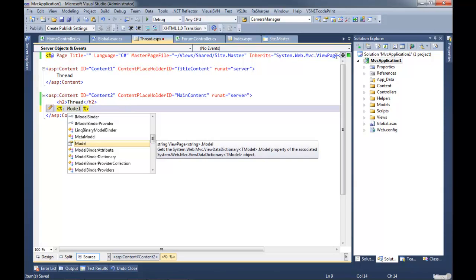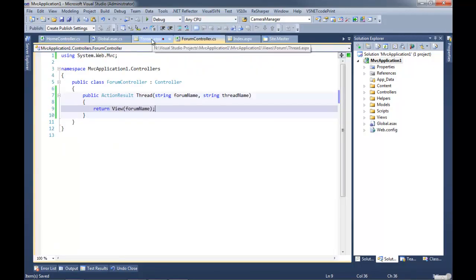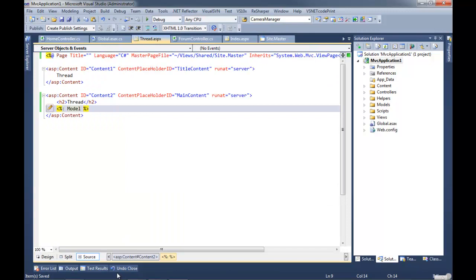Nice. That type over here correlates to this type right here, whatever you put here. The data that this contains correlates to whatever you pass into the view function. Very nice. And so if we do this,